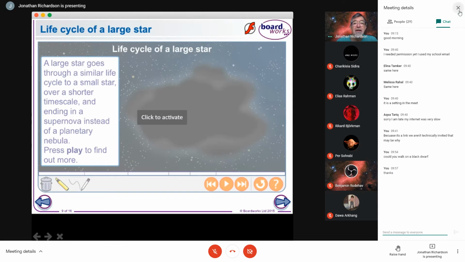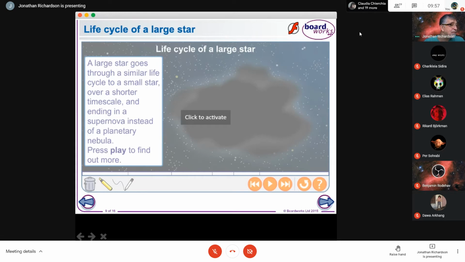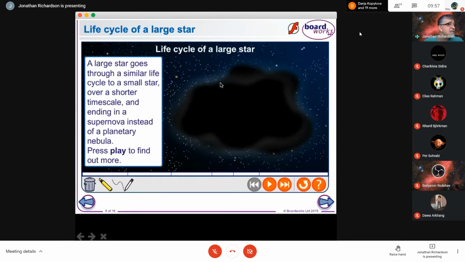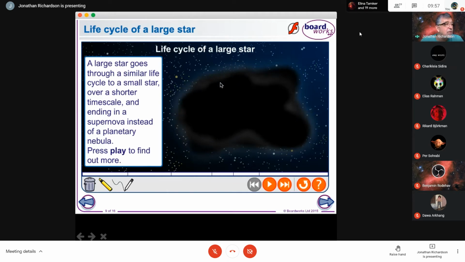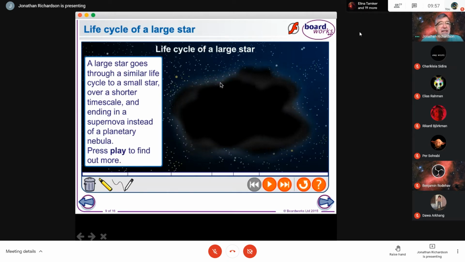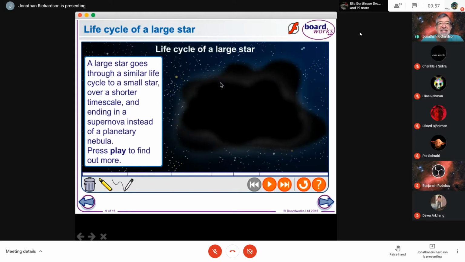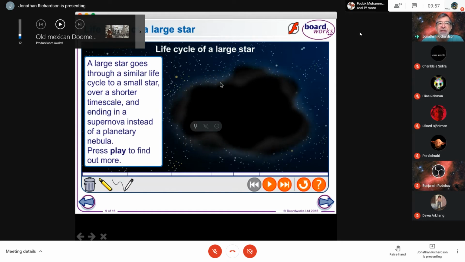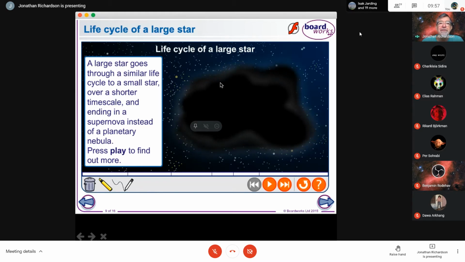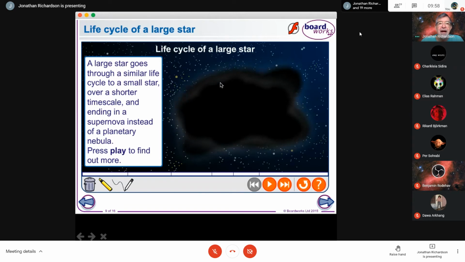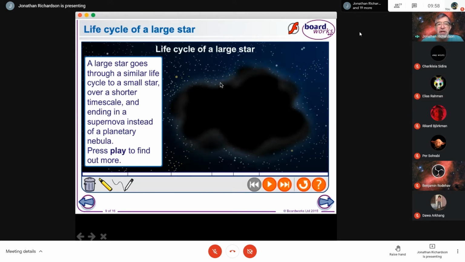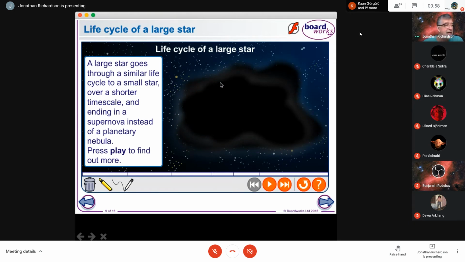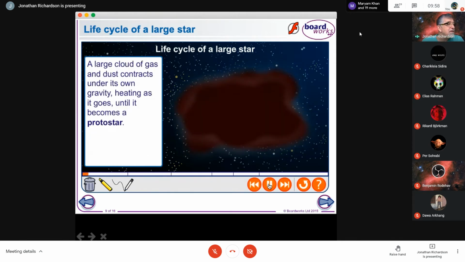Okay, I presume so. So let's continue now. The next step of this is to look at the life cycle now of a star that is a similar size to the small star, but it goes through a similar life cycle in much, much faster time periods. The end is much more catastrophic, and it leads us to see the generation of some more interesting elements. So, starting off again,